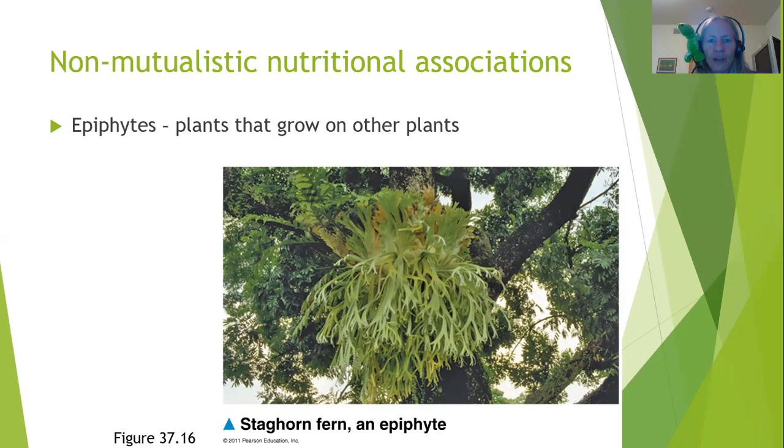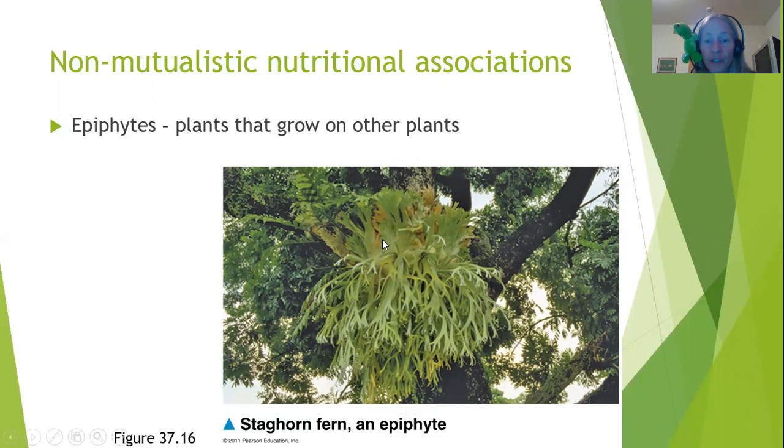Epiphytes are plants that grow on other plants. They're not parasites, so they're not harming the tree that they live on, except for their adding weight. So an example is this staghorn fern that is living on another tree. So this is beneficial to the plant